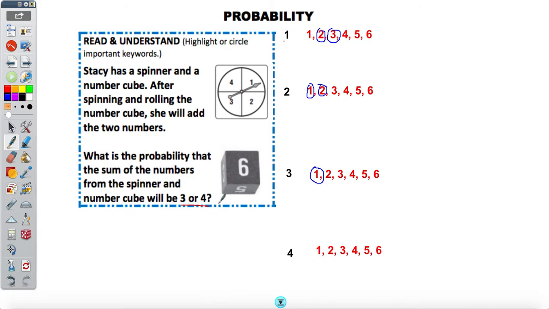So theoretically, how many combinations work, or the number of favorable outcomes, are 1, 2, 3, 4, 5. The total outcomes